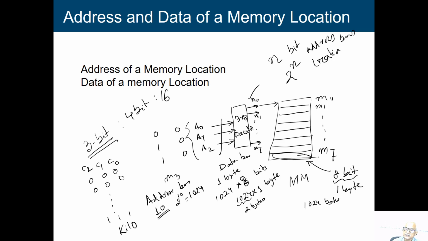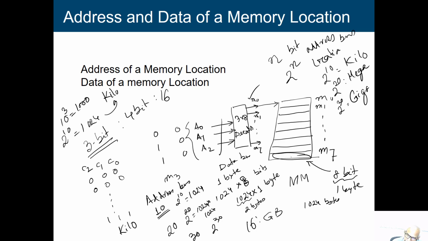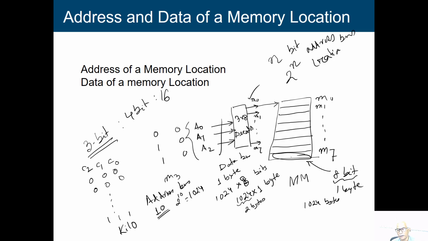Just remember how I am going to say it. It is having 16 giga memory locations, and in every memory location you can store 1 byte of information. That means 8 bits of information in every memory location. This is the addressable space. So, 16 giga means 16 giga memory locations, and in every memory location we can store 1 byte of information.